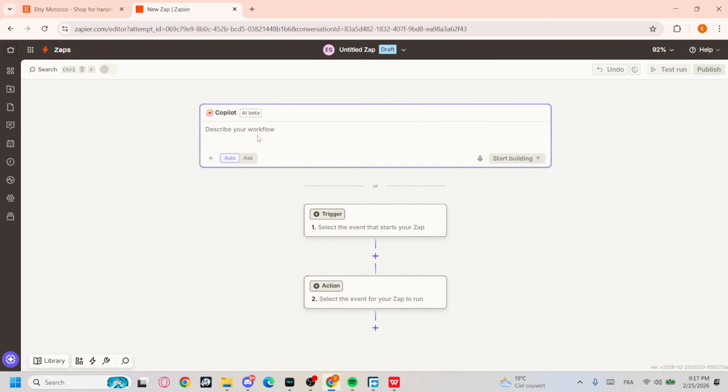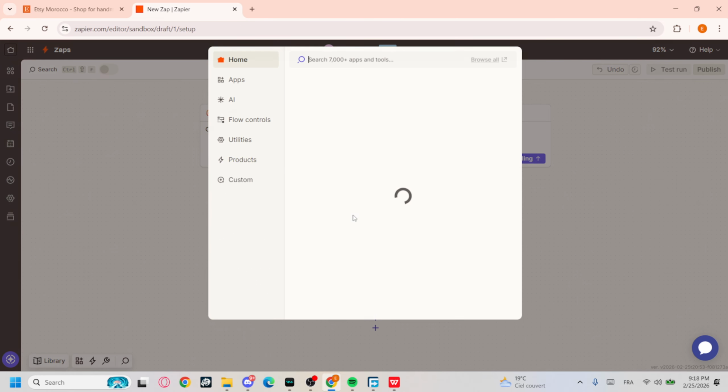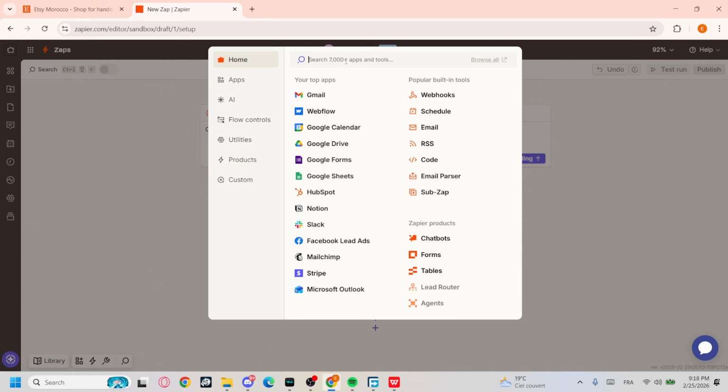So if you want to use the AI, you can just say, can you please set the Etsy as a trigger and Pinterest as the action. Okay, also you can use the manual method, so you can go with trigger right here and then just look